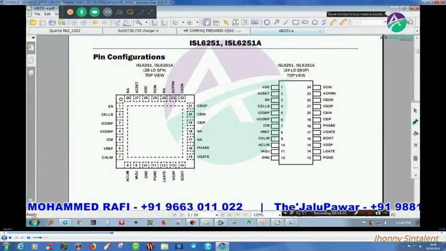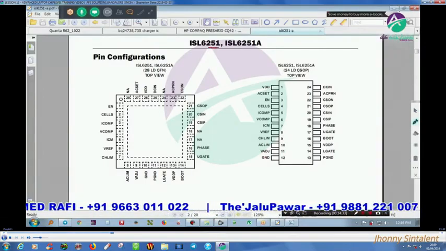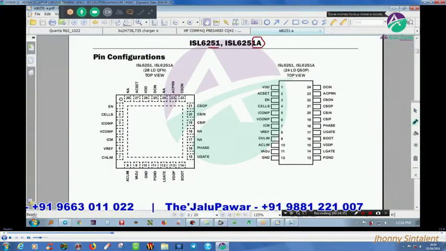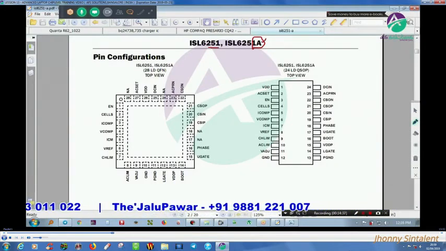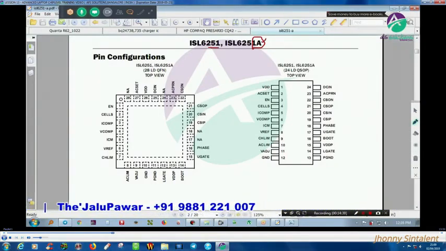Here I have ISL6251 and 6251A. What is the meaning of A? A means the IC is changed. Here it is in square shape, here it is in rectangular shape. So ISL6251 has 28 LQF